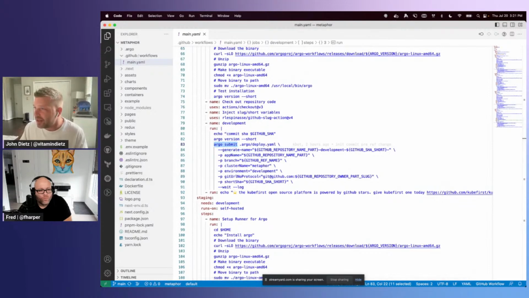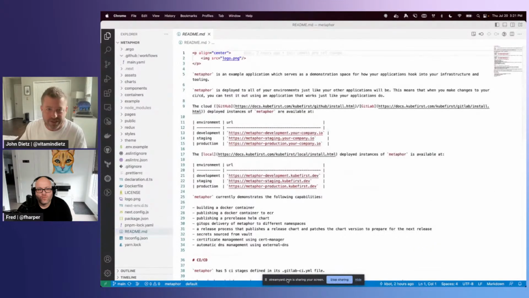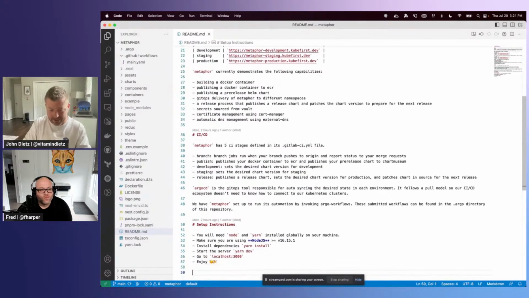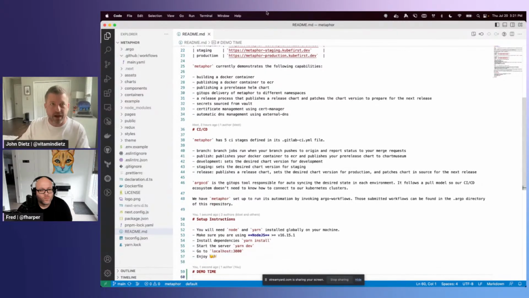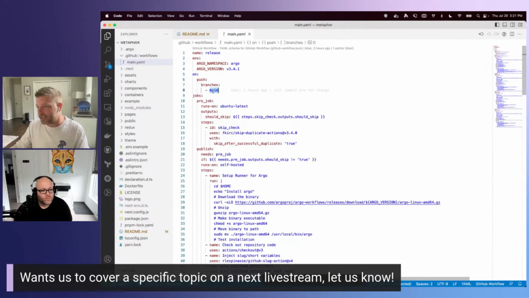So let's take a look real quick at, in fact, why don't we go ahead and kick off a deployment? Let's go to the README file, and we're just going to change any old thing about the README file in the main branch and push this thing up. And we have our automation. If we take a look at the main job here, whenever the main branch gets touched in GitHub Actions, this pipeline is going to kick off.